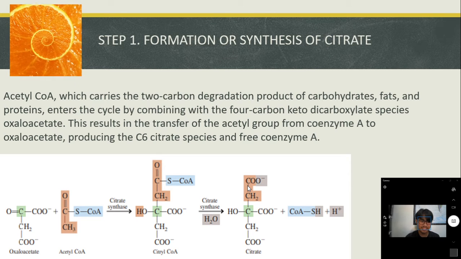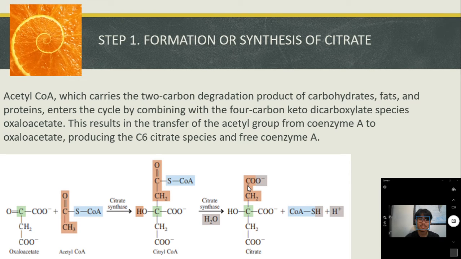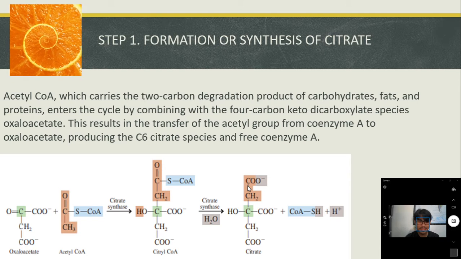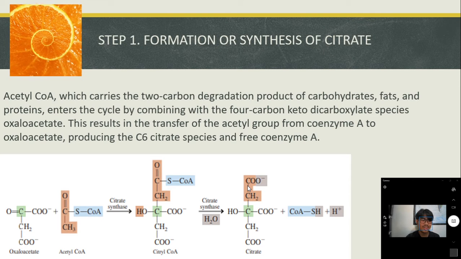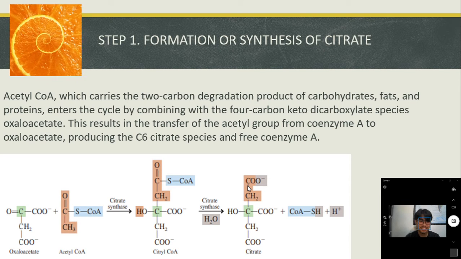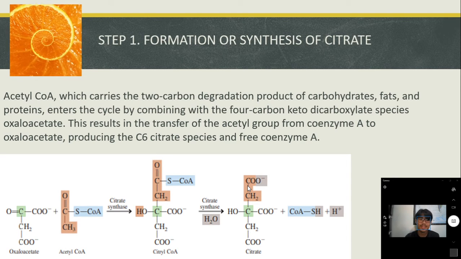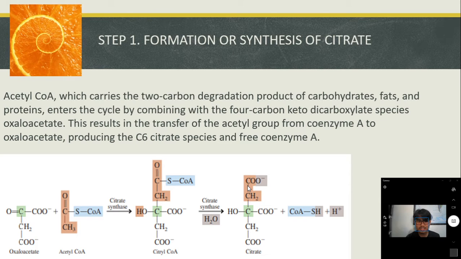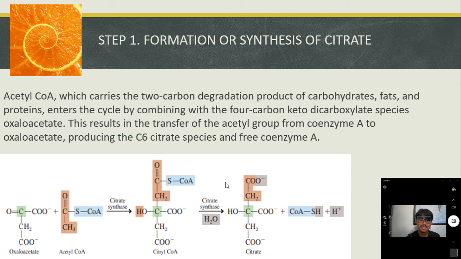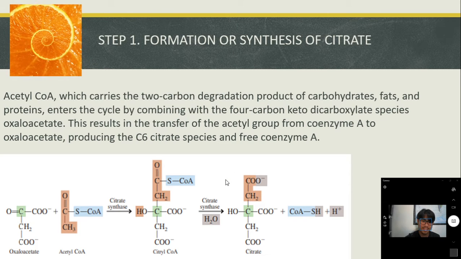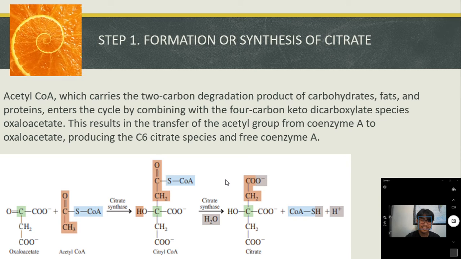This results in the transfer of the acetyl group from coenzyme A to oxaloacetate, producing the 6-carbon compound citrate with the free coenzyme A. So there are two parts: the condensation of acetyl-CoA and oxaloacetate to form